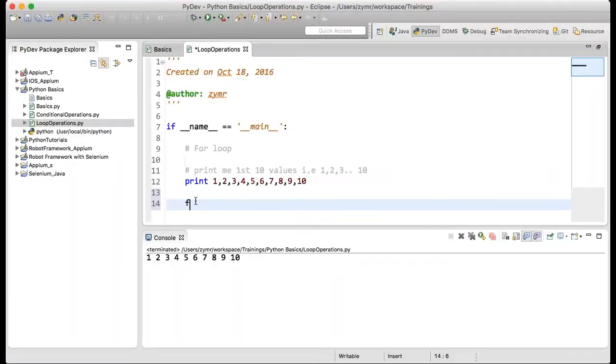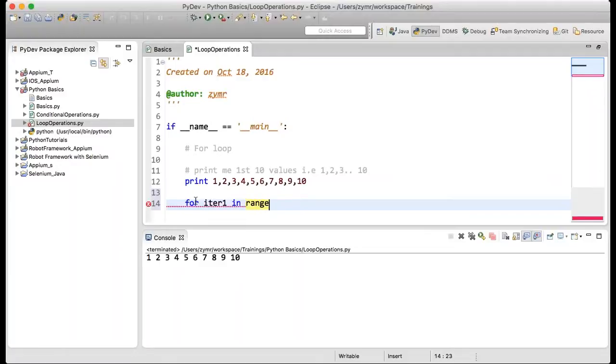You give for, then a variable name, that is an iterator. Suppose I say iterator, it's just a variable name I'm giving. For iterator in range.